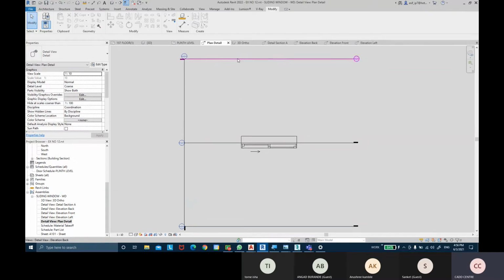Now, if you see in the plan detail, we see these lines basically there. Okay. This is all about that section line or the elevation lines basically. So this is for the elevation left. Which line is this? This is section A actually. So we can rotate the section A at least.